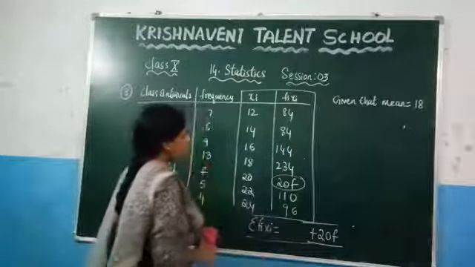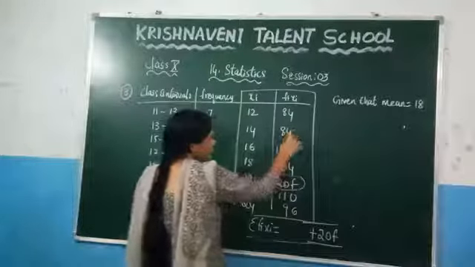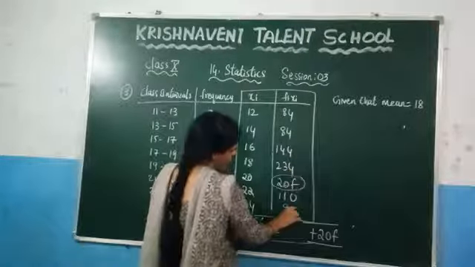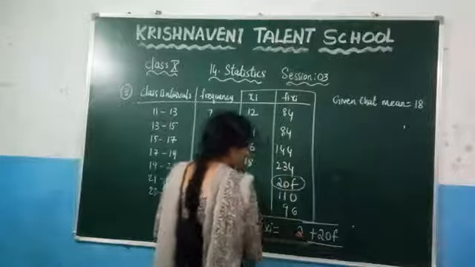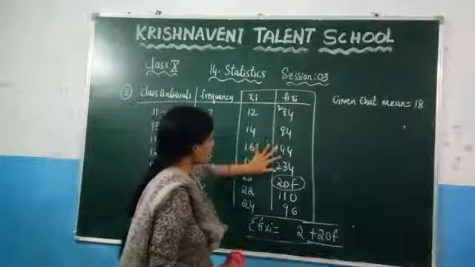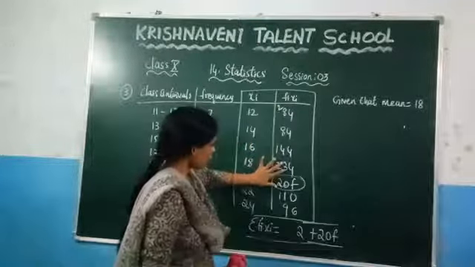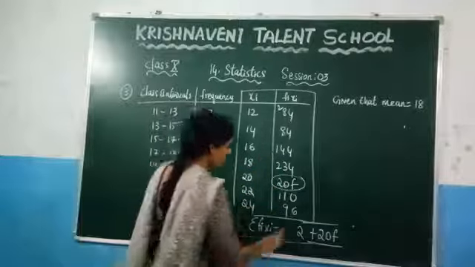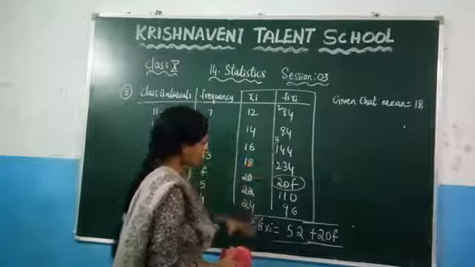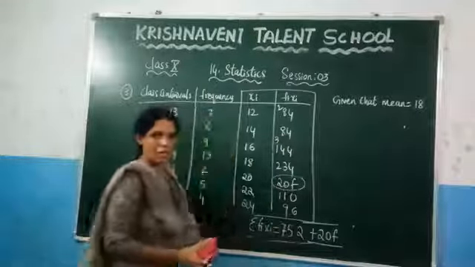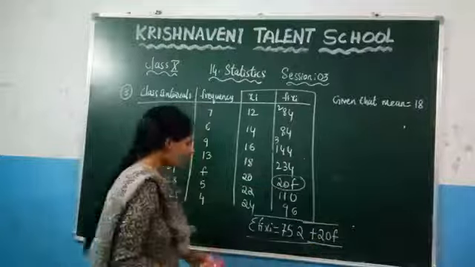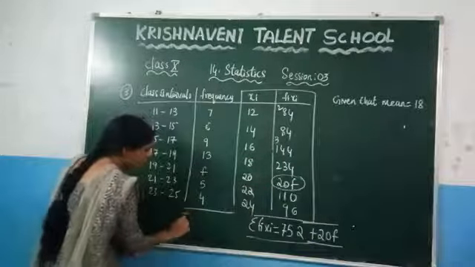Check it here. What is the value of 4 plus 4, which is 8. 8 plus 4, which is 12. 12 plus 4, 16. 16 plus 6, which gives you 22. And after that 8 plus 8, 16. 16 plus 4, 20. 22, 25, 34 and 35. Right, here you will get 5 and here you will get 3, and after that 3, 4, 5, 6, 7. So you will get 752. After adding all these values, you will get 752 plus what is remaining, which is 20f. Now what we need to do is calculate sigma fi.